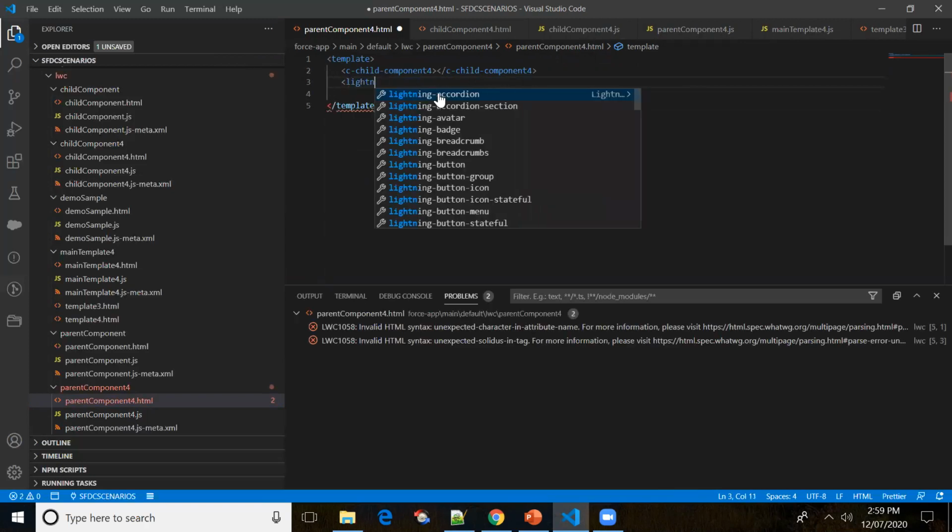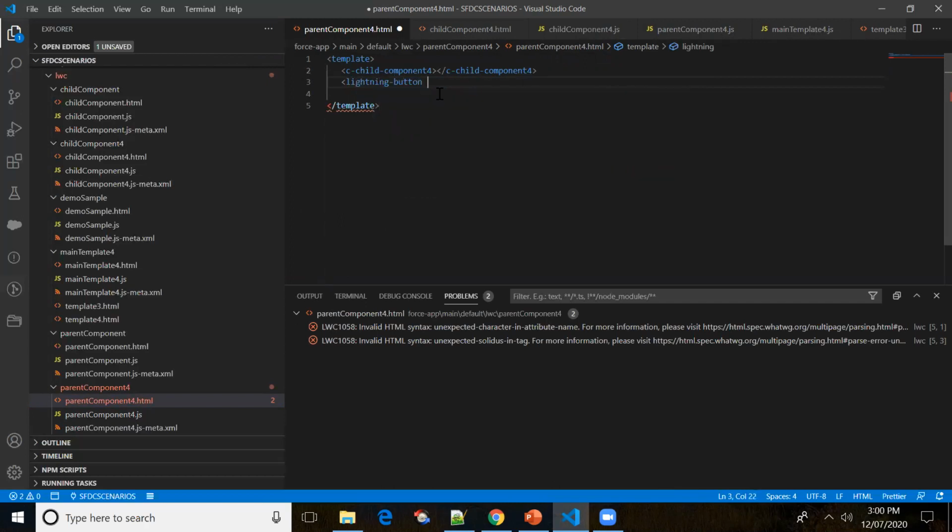So lightning button, a label equal to variant. Okay, sorry, button label equal to some button name, and the variant equal to brand, right?